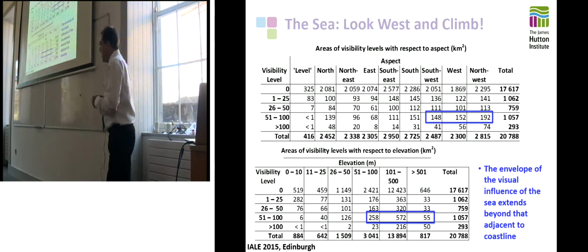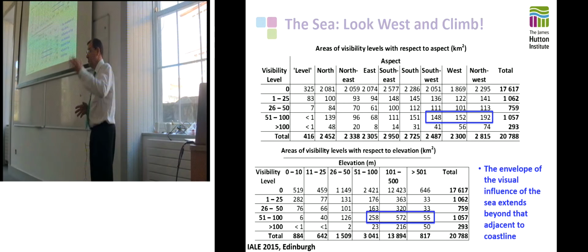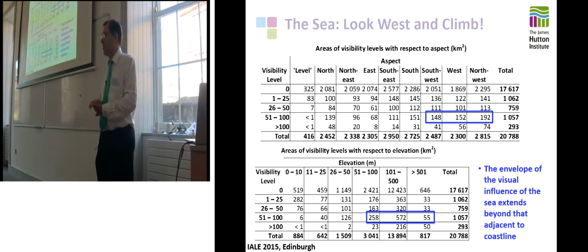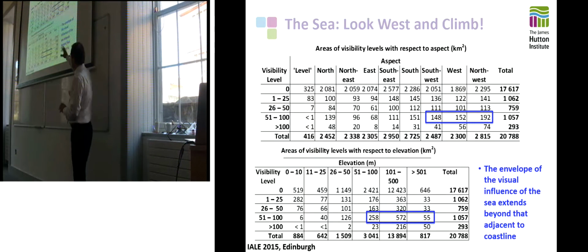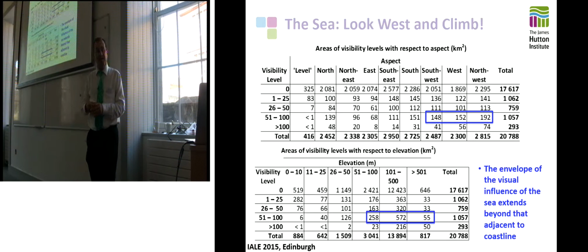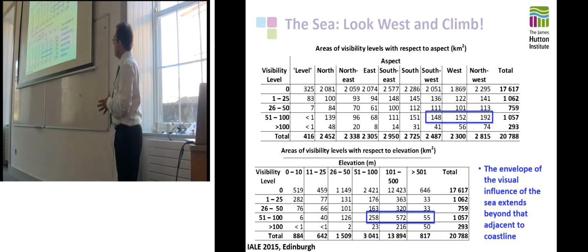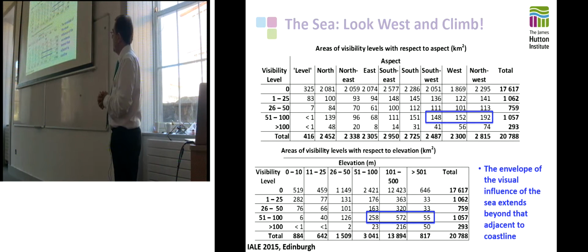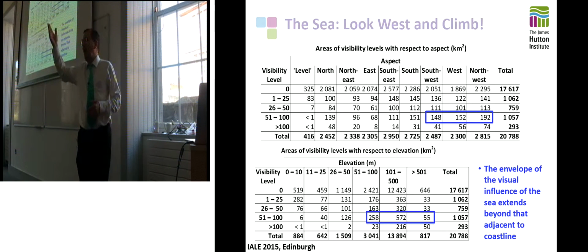Now this won't surprise anybody that recognises that Wales is on the west side of the country. There's water north, west and south of it, and therefore if you look west you're going to see the water. But what I wanted to observe here is that when you look at the visibility of the sea from land and then consider it with respect to a range of characteristics or other elements, distance from various features or iconic landscape types, here just with respect to elevation and aspect, it is when you get further inland and higher up